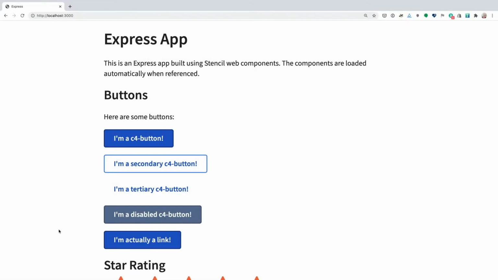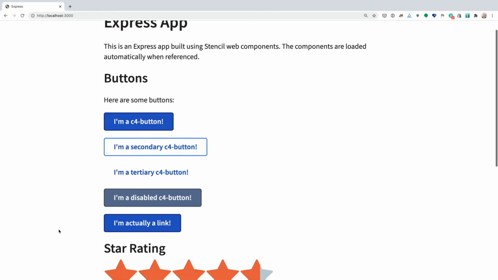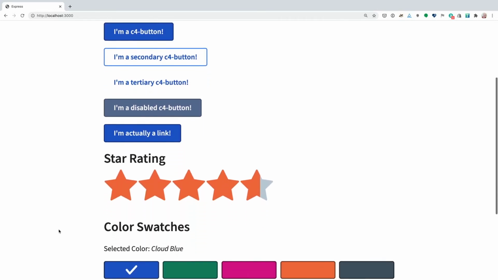Well, if the bug is fixed, let's give it a try. So we applied the patches, the recommendations that were suggested, and we're going to try to import this particular web page. This is the Express app. As a reminder, Express app is just a simple web server, and on this page we've got the web components that we've defined.